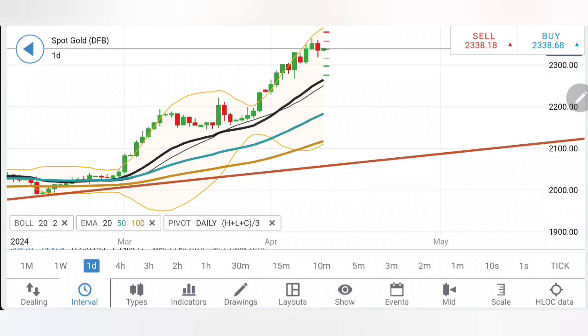Now, considering this, I will recommend you to sell here at 2234 and buy at 2244. In between these 100 pips or $10 move, do not take any trade below 2234, 2230, 2224, 26, and then 2218, 20, sorry, 2318, 20. That is the ultimate support level, and 2324, 26. These two levels, if gold takes, then we can say that it is turning bearish, and then I will look